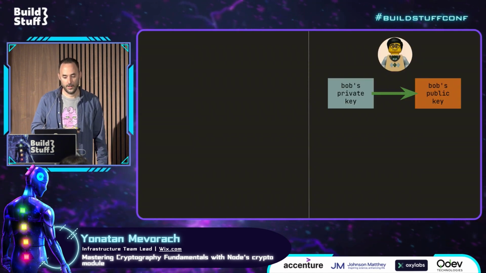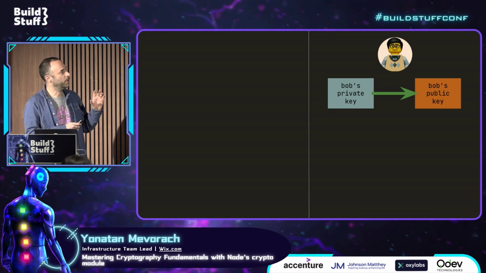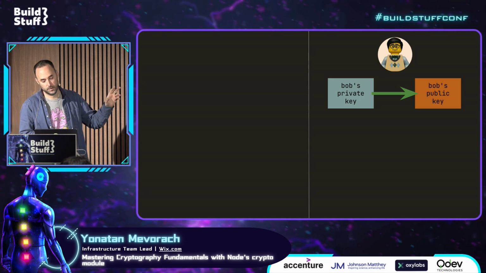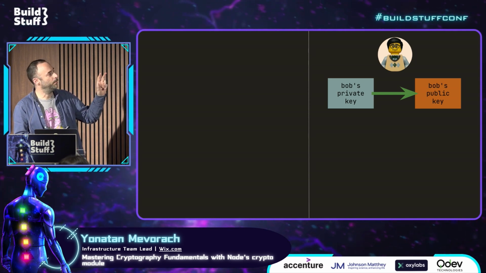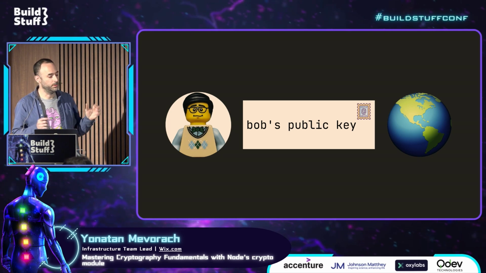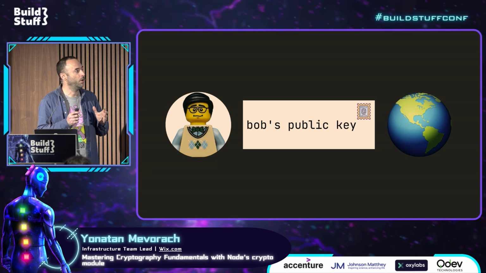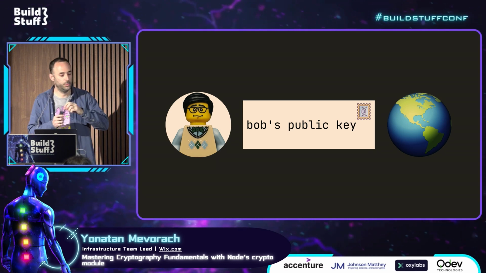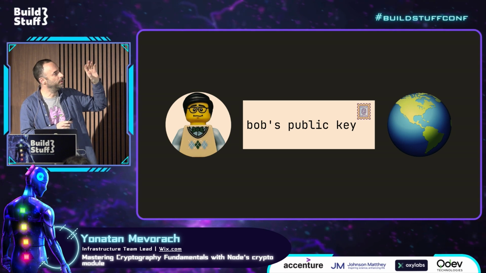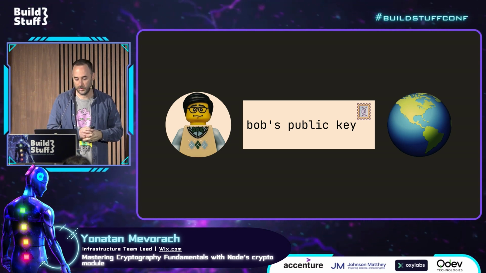So now, really, there's no need to do any key exchange, and we're going to understand why. So the first thing that Bob has to do is get two numbers, one can be derived from the other, a private and public key. And then he makes this key known to the world. This is another advantage of RSA versus the Diffie-Hellman key exchange, where you have to do this key exchange with every party that you want to communicate with. And here, he makes this public key known to everyone,